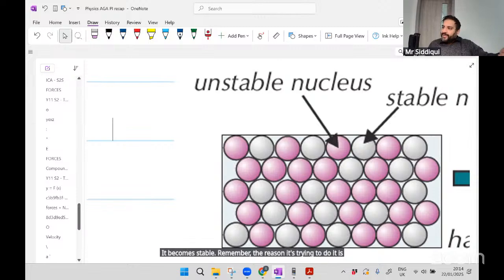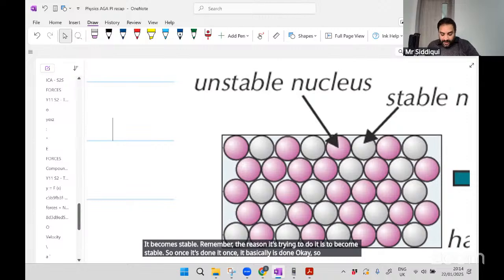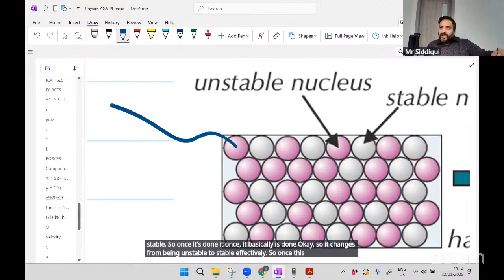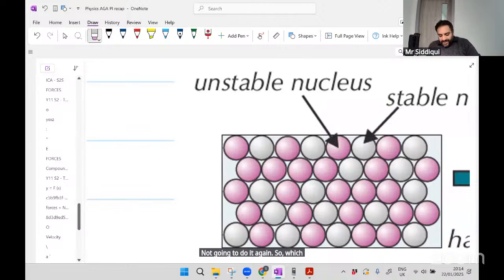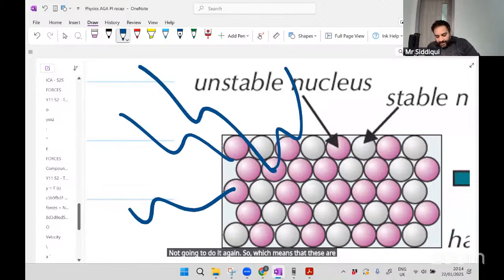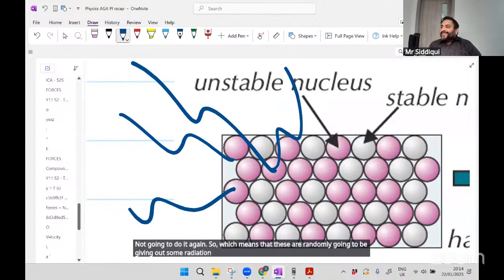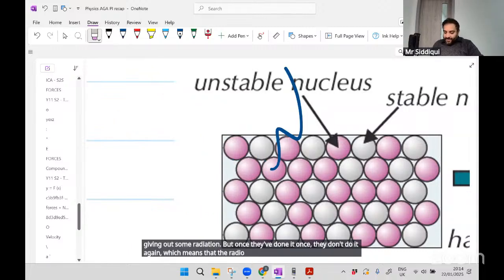So once it's done it once, it basically is done. It changes from being unstable to stable effectively. So once this gives out some radiation, it is now not going to do it again. These are randomly going to be giving out some radiation, but once they've done it once, they don't do it again,